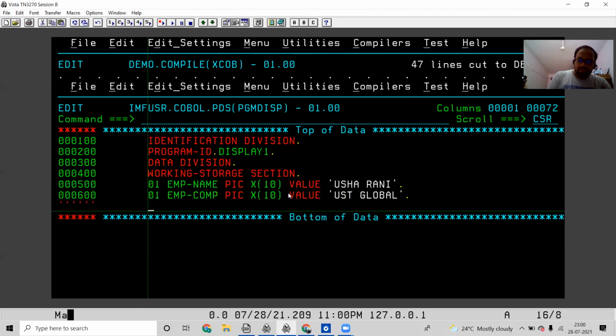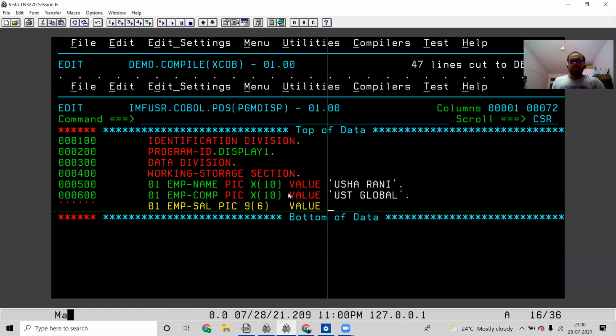Now coming to employee salary. Like this, we can give the names. Pic. So salary will be numeric 9 of 6. So here we can use the decimals, but as of now you have not come across the packed decimals, so I'm not using the decimals here.